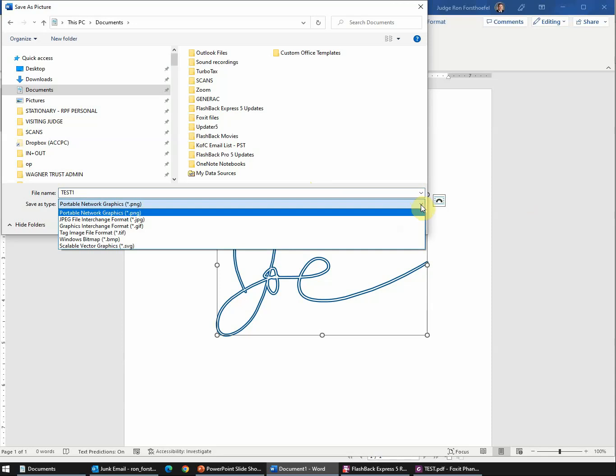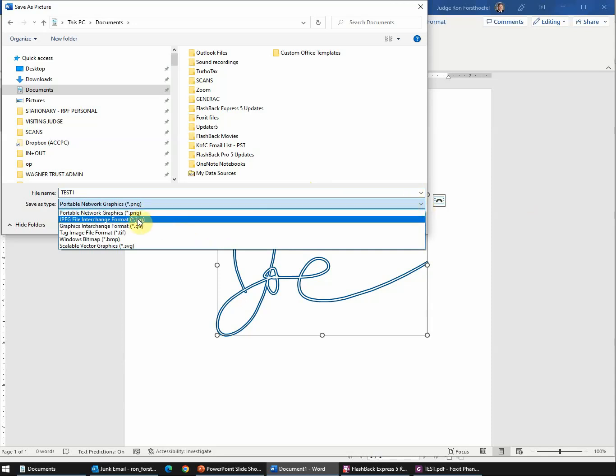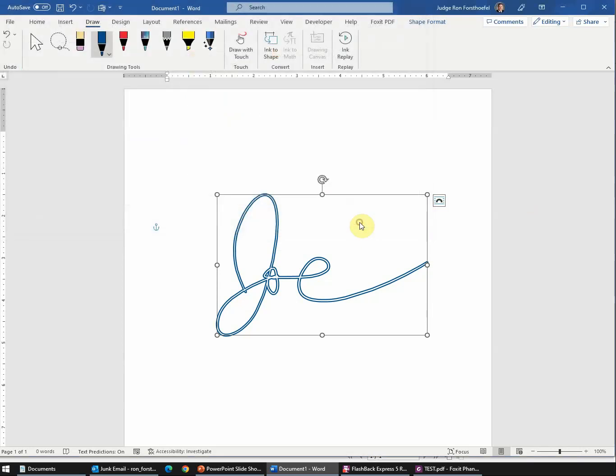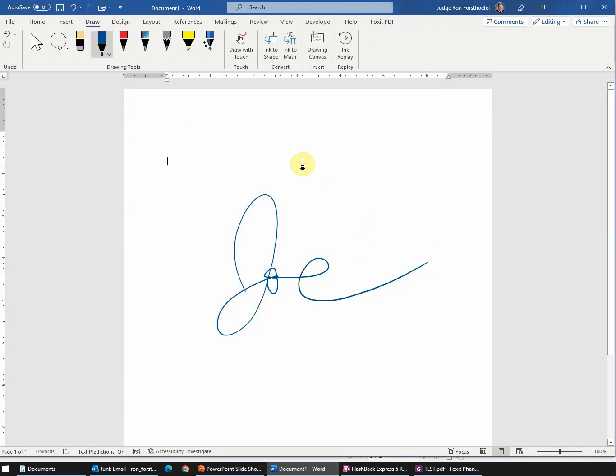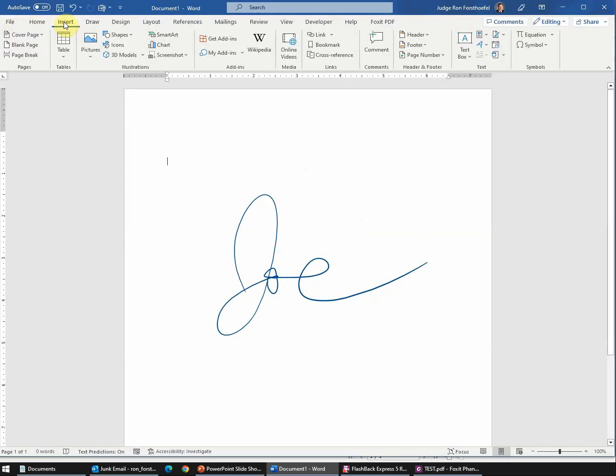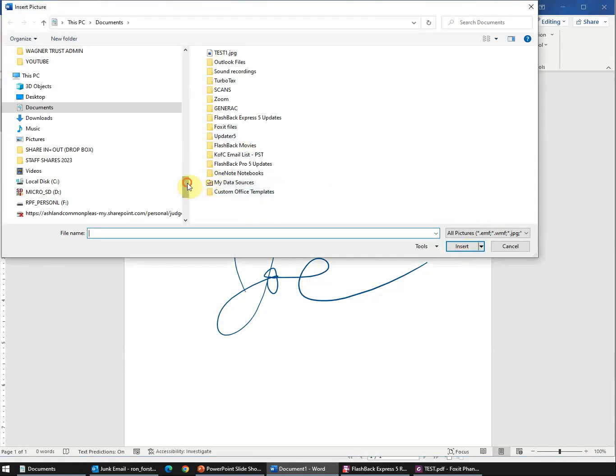I can save it as a PNG, portable network graphic. I can change the format to a JPEG, and that's what I'm going to do just to show you that I can save it. I'm going to save that file. So what do I get when I save that file? I get a picture of my signature, and if I want to pull a picture of my signature into my document and apply that picture,